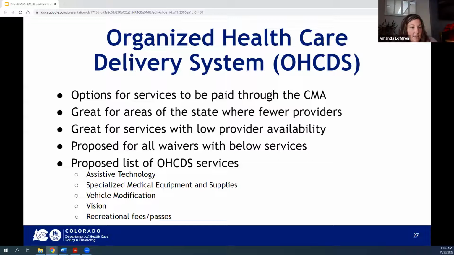The services that are being proposed, and I say proposed because this is subject to CMS approval, are assistive technology, specialized medical equipment and supplies, vehicle modification, vision, and recreational fees and passes. So there will be more information in the future about the organized healthcare delivery system, but I just wanted to make sure that we share this with you all. If we go to the next slide,